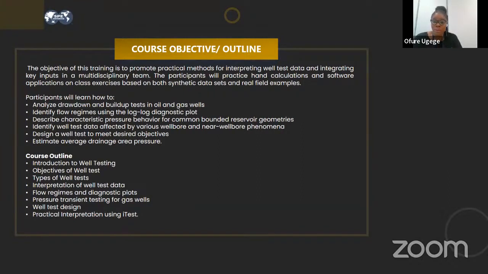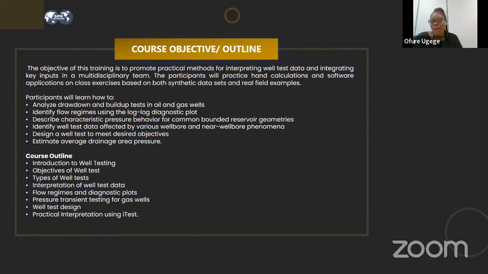I think it's a good one. It's a plus for the students also on the call, because I remember in my undergraduate days as a petroleum engineering student, we had the well test course that we did in school, and this is an opportunity to see real life field examples in this oil and gas space, not textbook examples, but real life examples of data that has been acquired, and the different flow regimes that we have,